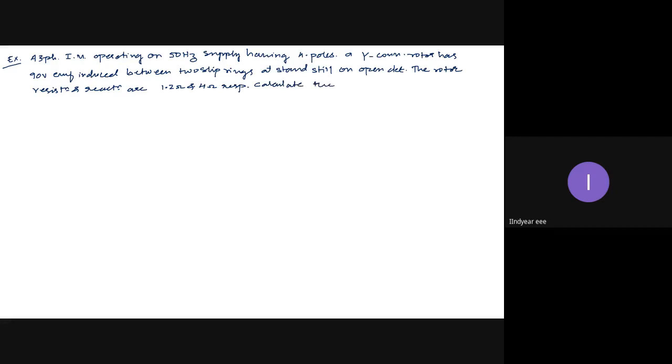Calculate the current per phase, power factor, and starting torque